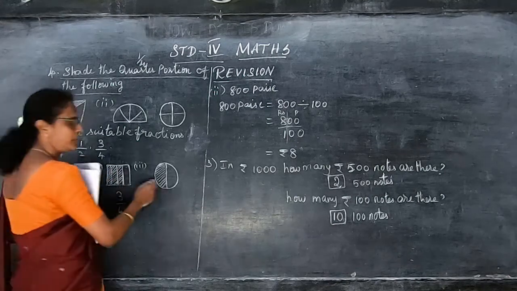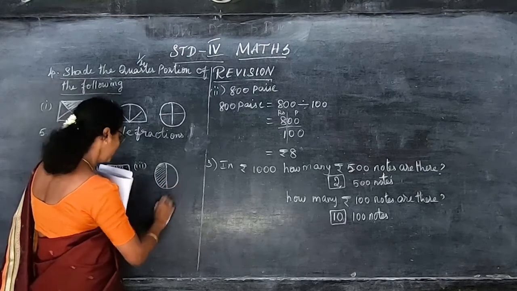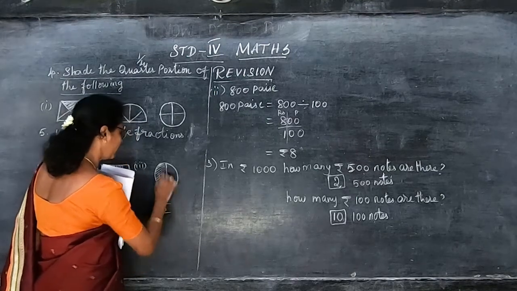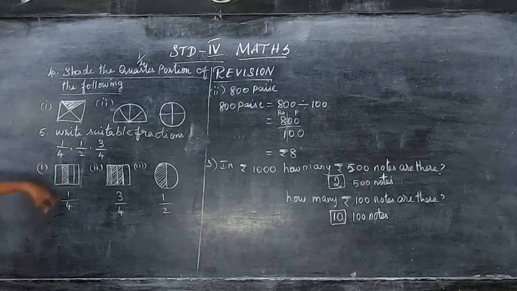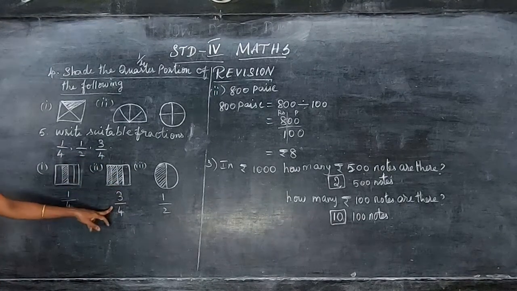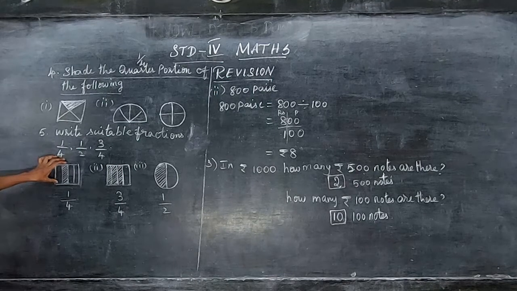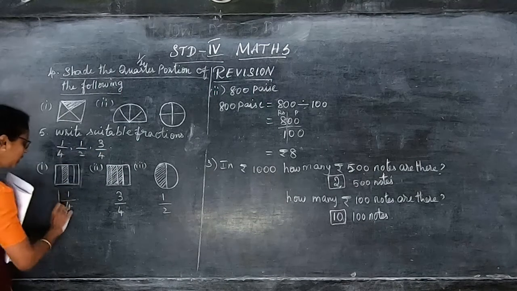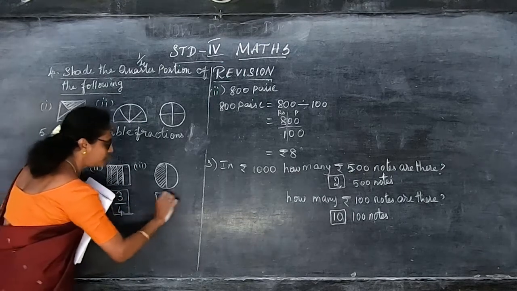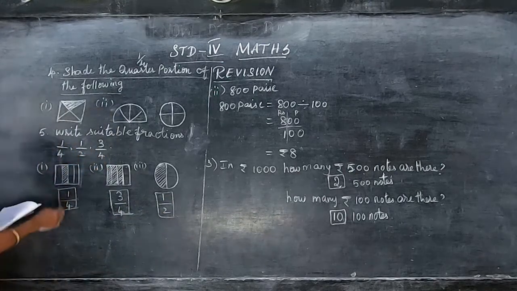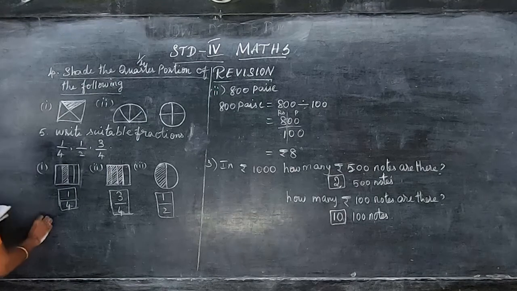How many parts are shaded? That should be in the numerator. And then here 1, 2 parts. So 2 you put in the denominator and shaded is 1 portion. So 1 by 2. So 1 by 4 should come here, 1 by 2 and 3 by 4. Can you understand? So they will give the picture, they will shade it, and you have to write the answer in this box. Can you understand? Okay, now next we'll move on to the next sum.